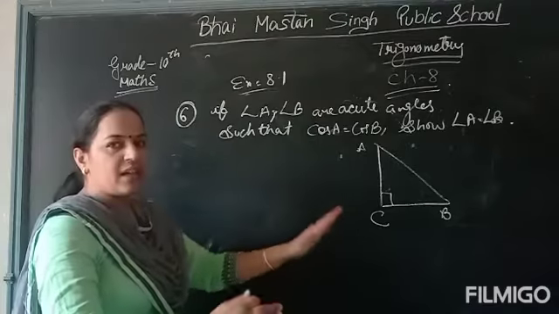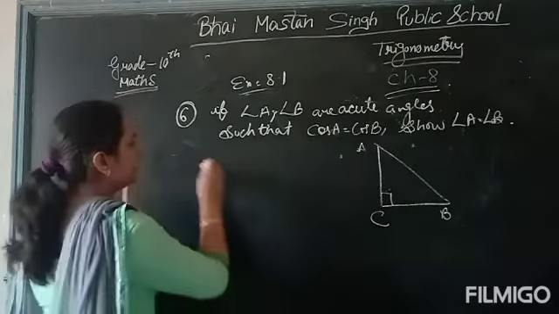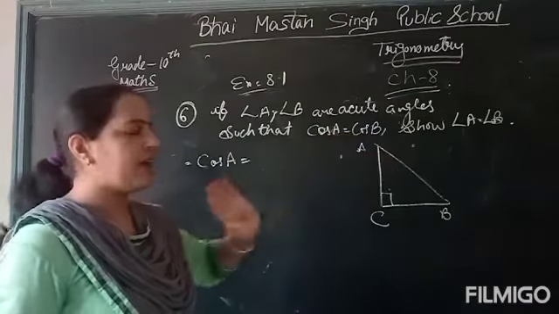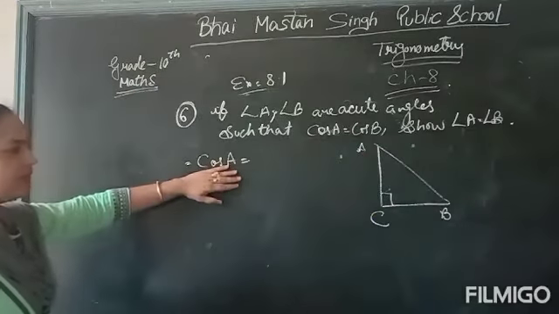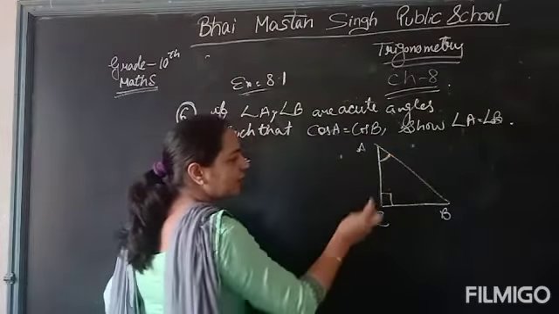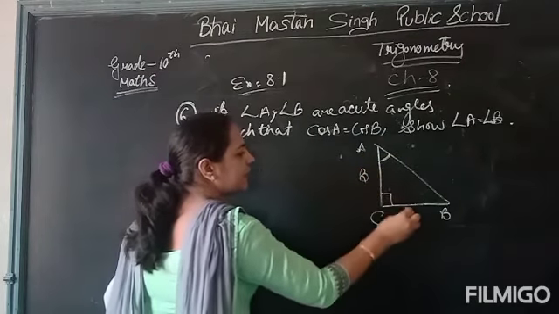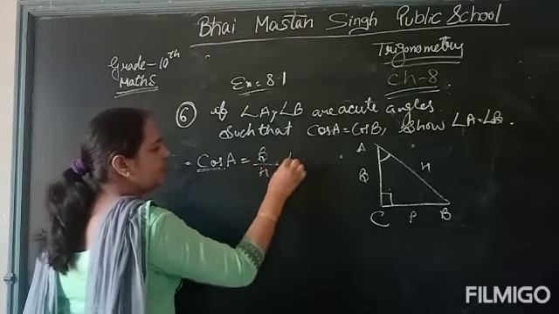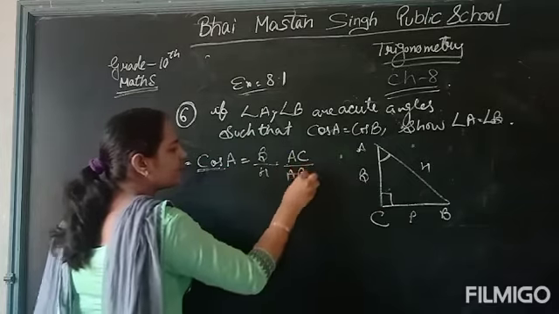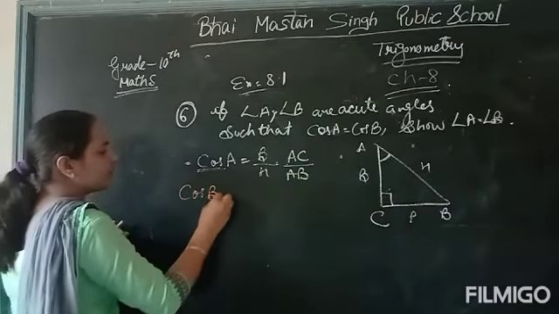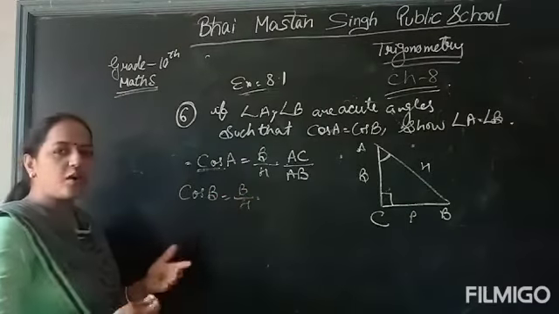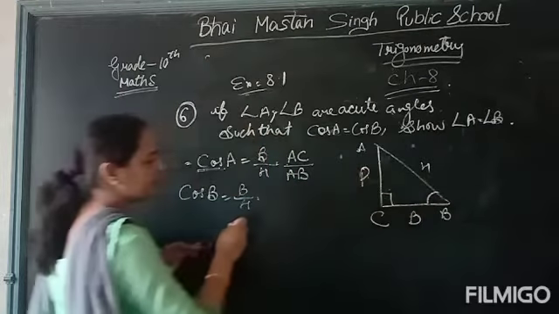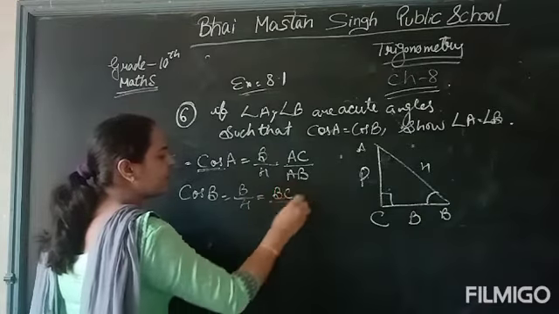In this statement they have given cos A is equal to cos B. I have to prove angle A and angle B are equal. Now I will go with cos A. Cos A means they are talking about this angle. I already told you the sides are base, perpendicular and hypotenuse. So cos is B upon H. Base is AC, H is AB. Now cos B, B upon H. Now cos B means talking about this one here. Now this is my base, this will be my perpendicular. So B upon H means BC upon AB.